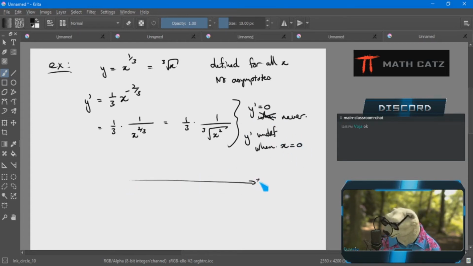X equal to 0. So I'll just mark that off. So my x values are split in 2. Okay, I have a third floating around, and I won't write the 1, of course, that's doing nothing. My cube root of x squared. So the pieces